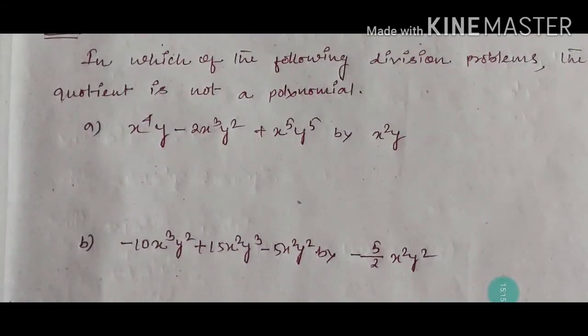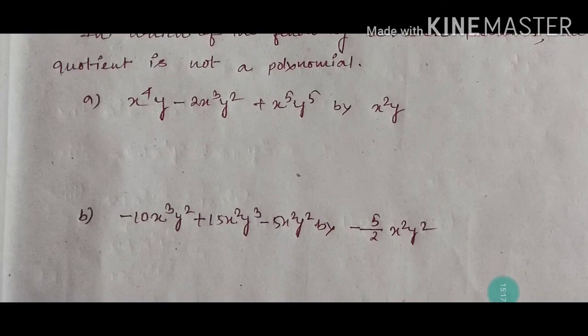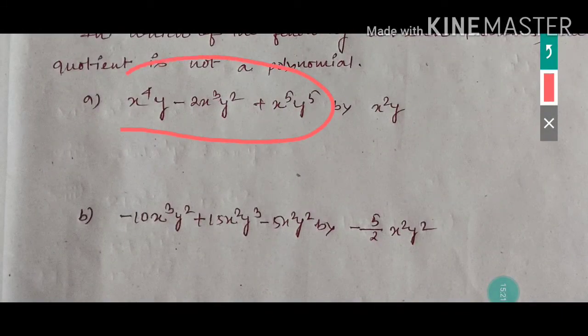then we cannot consider it a polynomial. So in this case, for all the options you have to divide all the terms by this one, and after dividing you have to check each term, whether you are getting the powers of the variables positive or not. If the variable's power is positive, then it is a polynomial. If it is negative, then it is not a polynomial. Or you can say, if in the denominator suppose you have got variables,